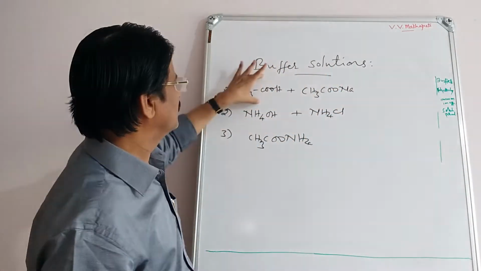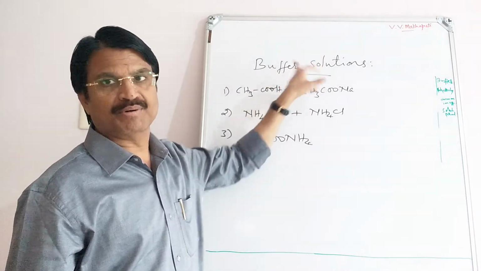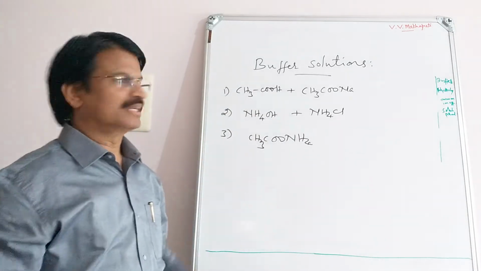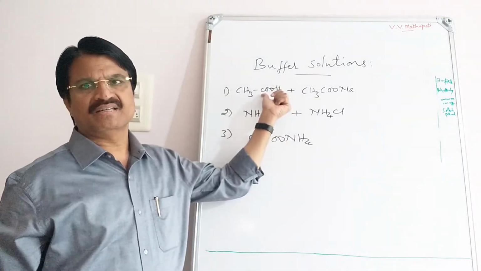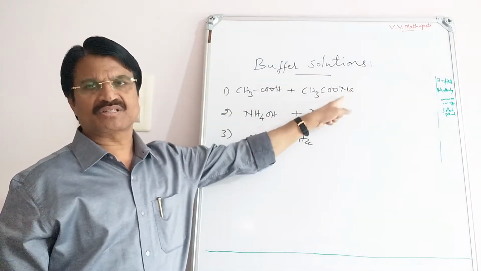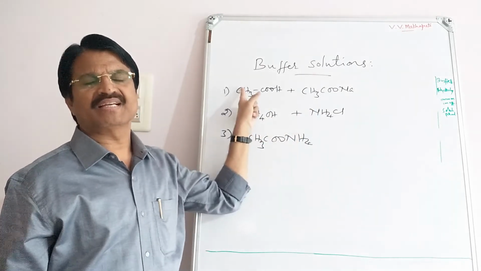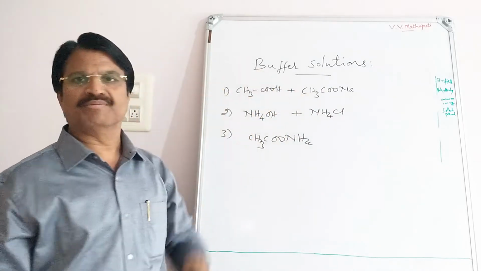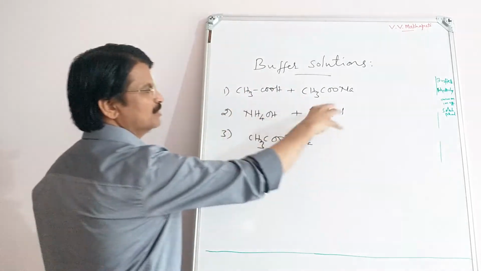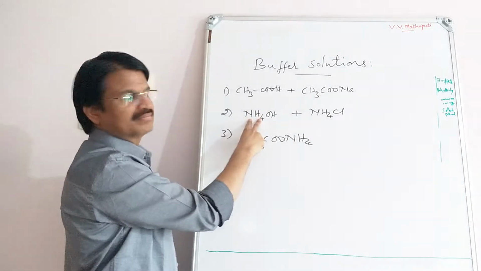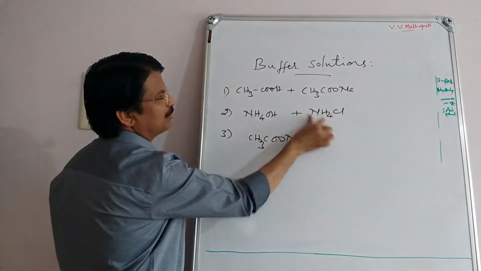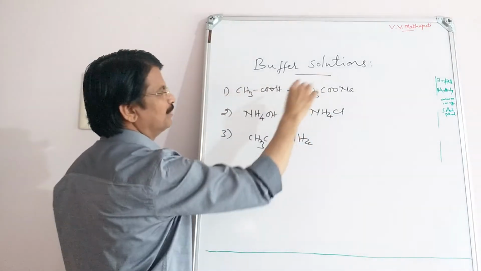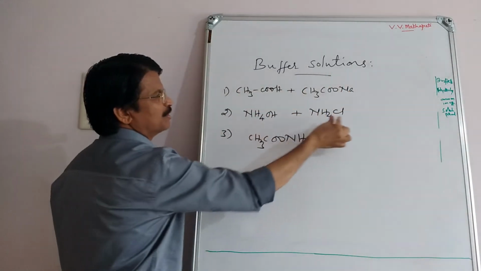Then only this mixture is said to be an acidic buffer, whose pH value is less than 7. I will repeat once again: a weak acid and its salt with a strong base is called an acidic buffer. Then the same type, opposite: a weak base and its salt. See here, ammonium repeats; there, acetate repeats. The same group repeats, but H is replaced by sodium, OH replaced by Cl.